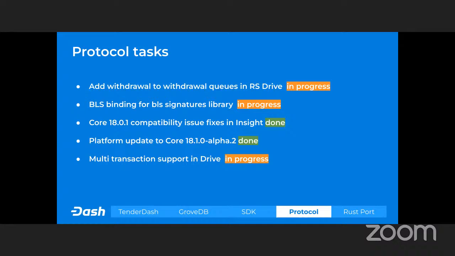The logic is complete, and the only thing left is polishing PRs and writing tests for it. So this is being done right now, and I hope we'll finish it soon. And that's about it for the withdrawal queues.